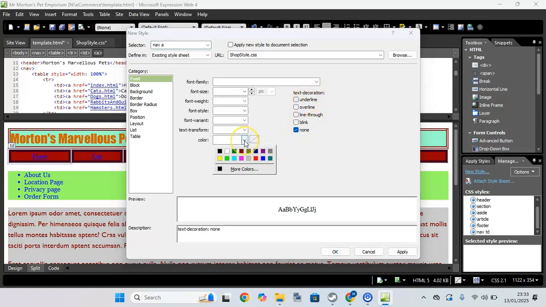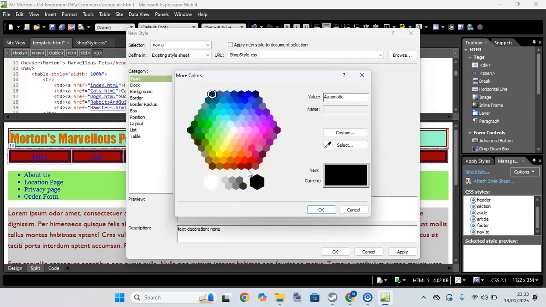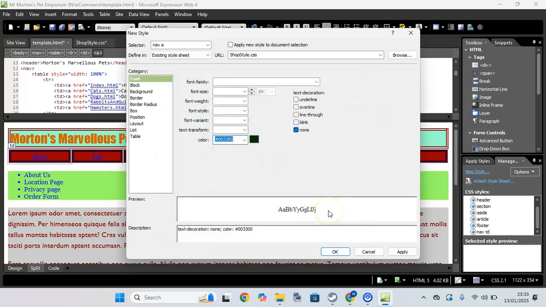And I want the color to be something that will contrast maybe with these brown backgrounds. So I'm going to choose maybe something like this really dark green here. Click OK and Apply. And so you can see now that my text is standing out,